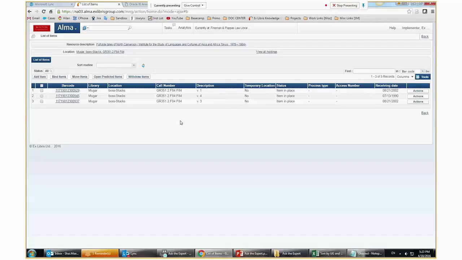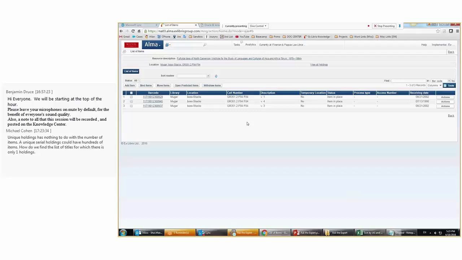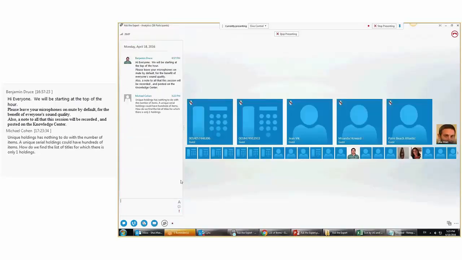Okay, now we had another question which somebody submitted, which was, often my reports contain information that apparently is not current even weeks after updating in Alma. How often is analytics